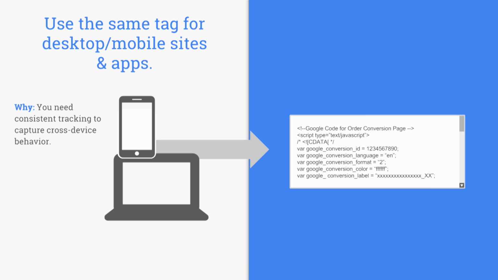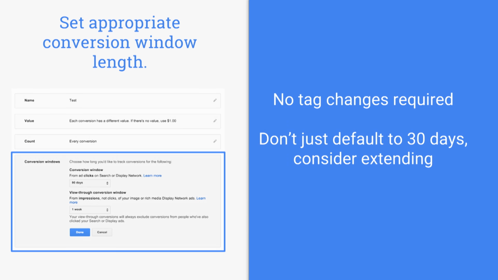How about conversion window? How long should they set it? Yeah, good question, and one that I've talked about with a lot of different clients. Many people just use 30 days because it's the default. That's the default setting, and I have some people who, when I ask what they're using, may not even be aware of what the overall conversion length is.